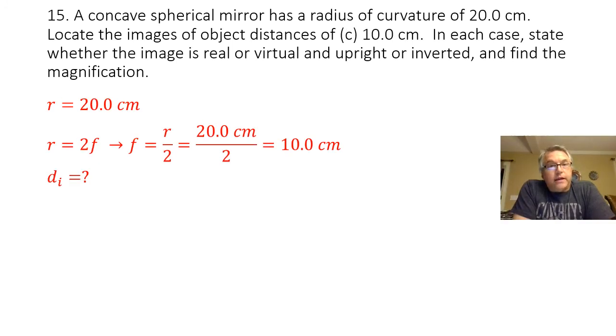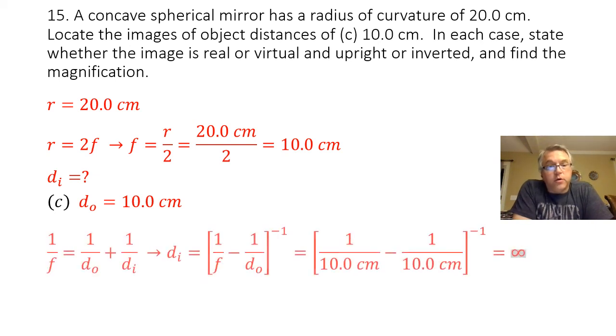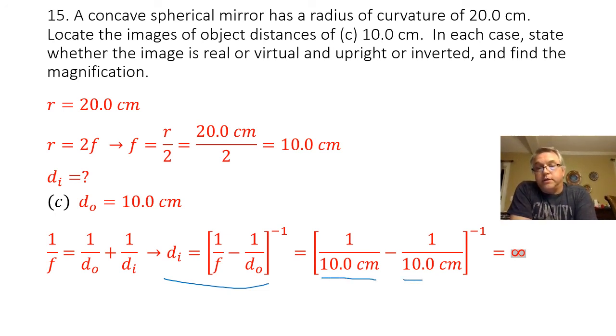Part C asks us to find the image distance for an object distance of 10.0 centimeters. Once again, using my mirror equation solved for the image distance, I am going to plug in my focal length of 10 centimeters, my object distance of 10 centimeters, and when I do that math out, my calculator gets mad at me